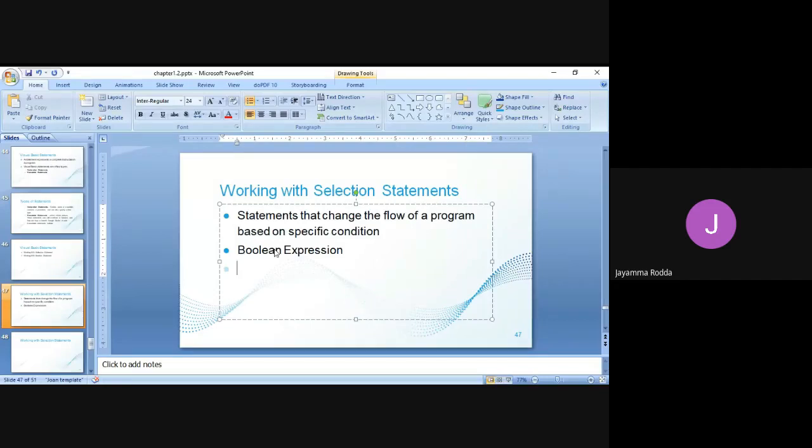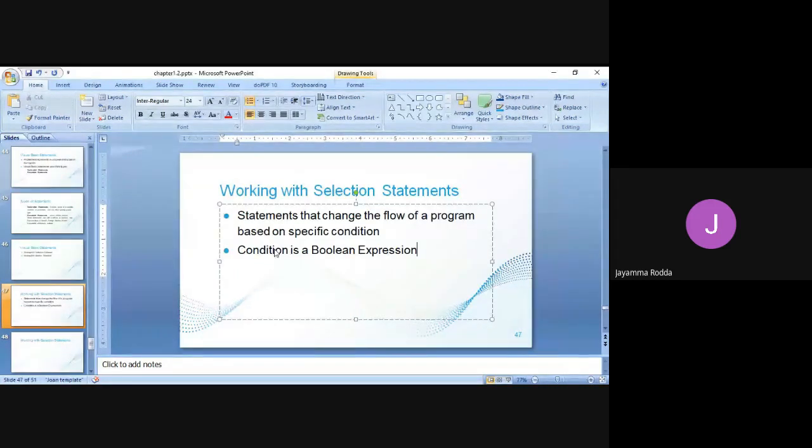True or false? Obviously, the condition is a Boolean expression because if the condition is met, then a sequence of code will be executed. If the condition is not met, that particular sequence will be neglected, or we can say ignored, and the next list of statements will be executed. That is why the condition is a Boolean expression, which will be checked before the execution of a particular block of code.